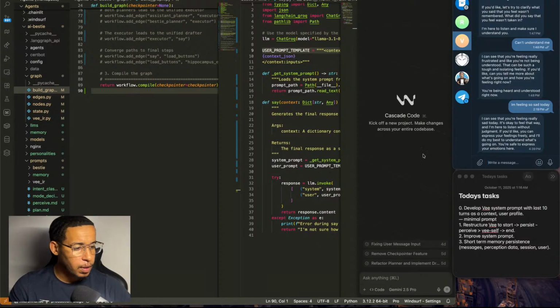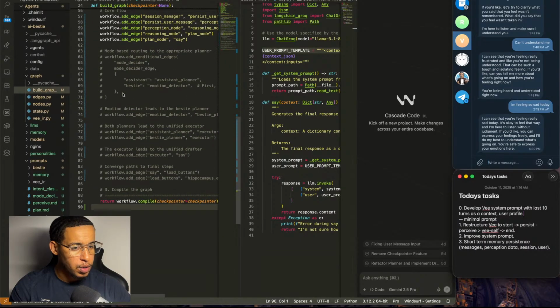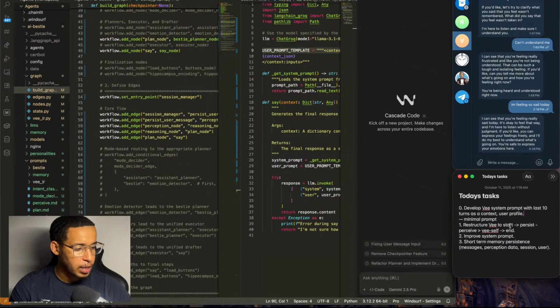Our tasks for today: the first thing we're gonna do is develop the system prompt, which I would like to call the self prompt. We're gonna see it in detail. Secondly, we're gonna restructure our AI Bestie project that we've been working on lately. The third is, after we restructure the nodes and the graph, we're going to test whether our app is working properly.